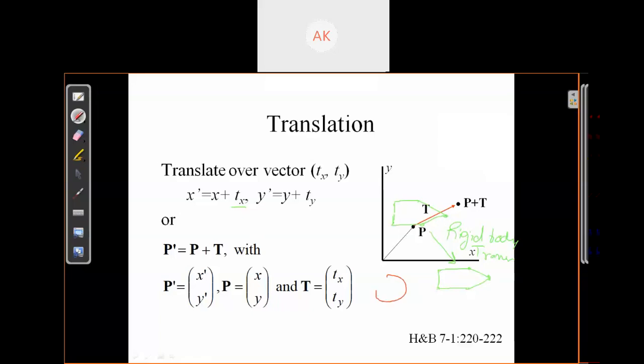Suppose you want to translate a circle from one location to another location. Suppose there is an original position of your circle and you want to translate this circle here to here. What you will do is translate only the center point to the translated position and redraw the circle at this translated position. In the same way we translate an ellipse. This is a rigid body transformation.